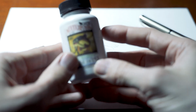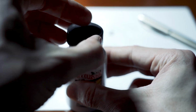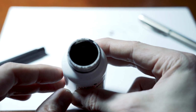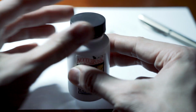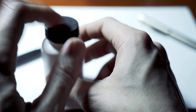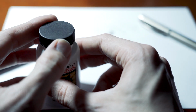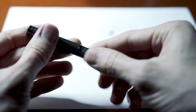So what I noticed was when you take this ink and you open it up, it kind of looked gray in there. So what I did was I closed my lid, just kind of shook it, nothing too crazy. And you actually want to keep that closed for a few seconds because all the bubbles are popping in there. You don't want to get it all over the place. But what I'm going to do is I'm going to take this